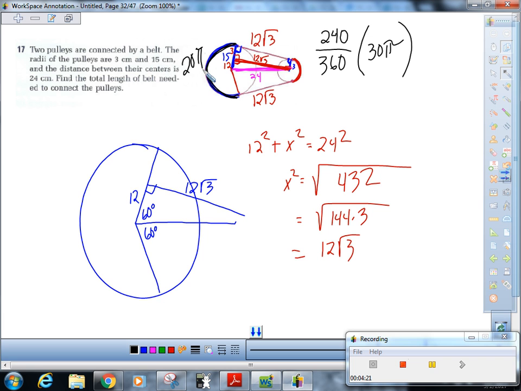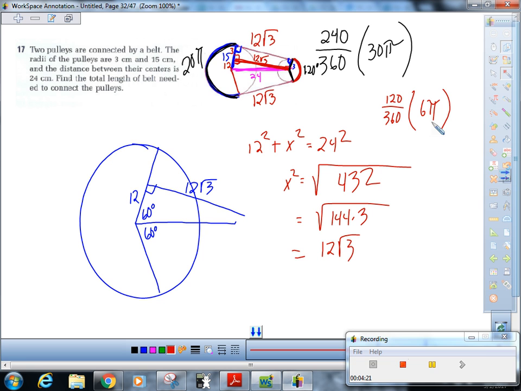Now, similarly, if you look at this, this is going to be 120 degrees. And for the exact same reason, it's just the opposite. So I'm not going to explain that, but let me tell you, this is not an easy problem. So that one, and let's do this in red, will be 120 360ths of the circumference of the little circle, which would be, let's see, 6 pi. So 1/3 of 6 pi